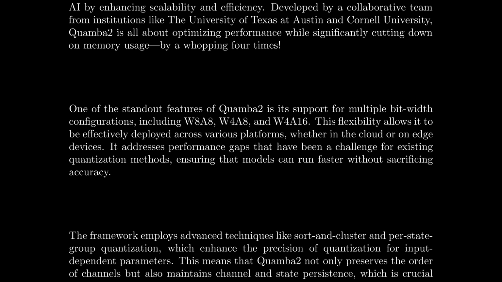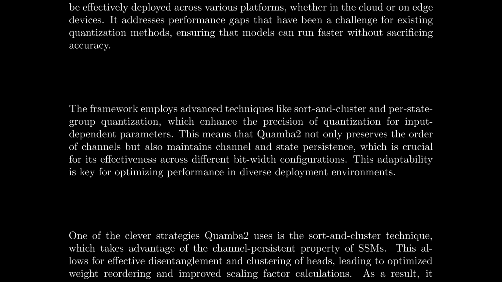One of the standout features of QAMBA 2 is its support for multiple bit width configurations, including W8A8, W4A8, and W4A16. This flexibility allows it to be effectively deployed across various platforms, whether in the cloud or on edge devices. It addresses performance gaps that have been a challenge for existing quantization methods, ensuring that models can run faster without sacrificing accuracy. The framework employs advanced techniques like sort and cluster and per-state group quantization, which enhance the precision of